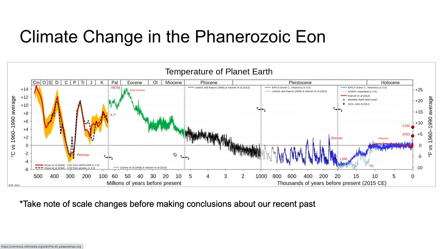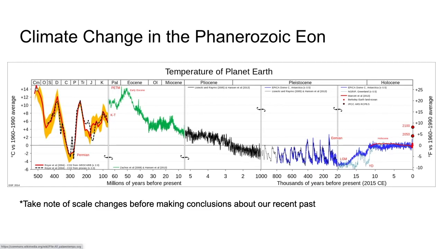And the first thing I want you to think about when you look at this figure is that the scaling on the x-axis is not consistent throughout the figure. And so over here on the right side, we're only looking at thousands of years ago, and here we're looking at millions. And so in the amount of space that we're showing 20,000 years over here, we're showing 400 million on the left side. But we can see there have been times where it's much warmer.